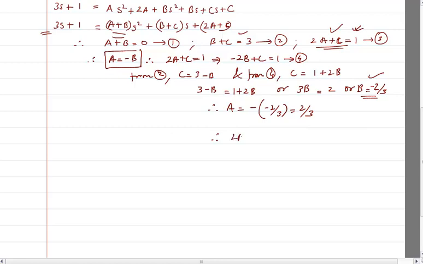Therefore, 2a plus c is equal to 1. Therefore, 2a, which is 2 times 2 by 3, plus c is equal to 1, or c is equal to 1 minus 4 by 3, which comes out to be minus 1 by 3. So I've got the three values of a, b, c. One is a is 2 by 3, b is minus 2 by 3, and c is